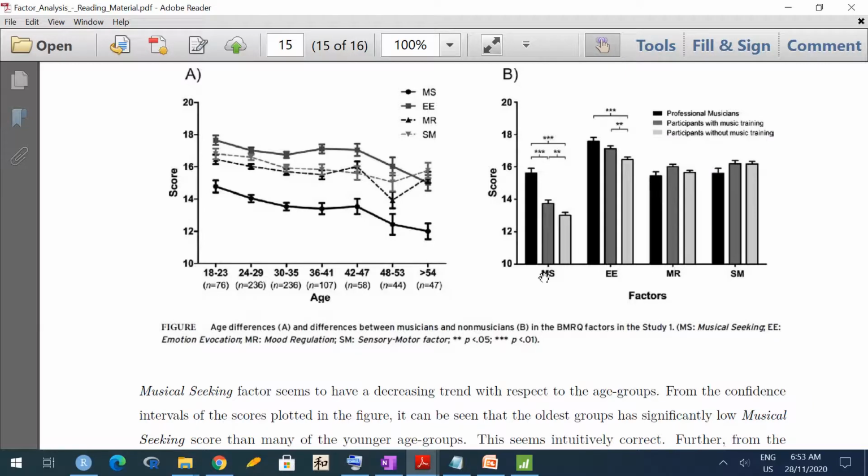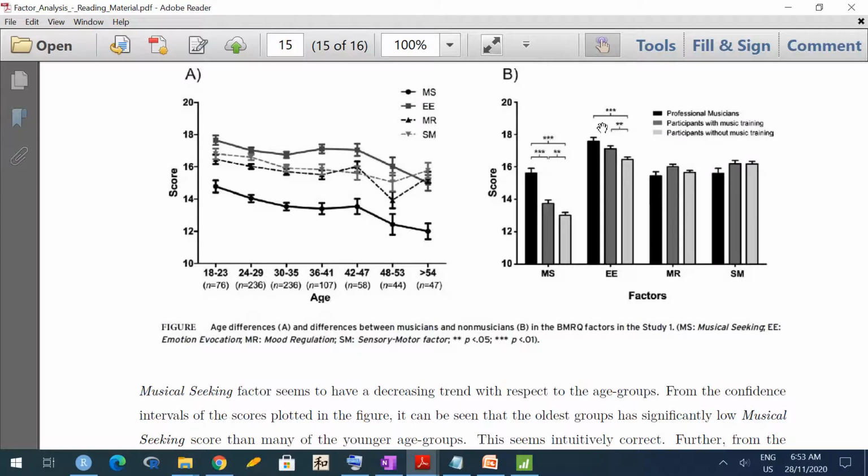But the most important differences are in musical seeking behavior. Of course, artists have to be on their toes. They have to know the latest music because they are going to be in that field. Next rank comes that of amateur artists, and last are the non-music people. So there is a significant difference.